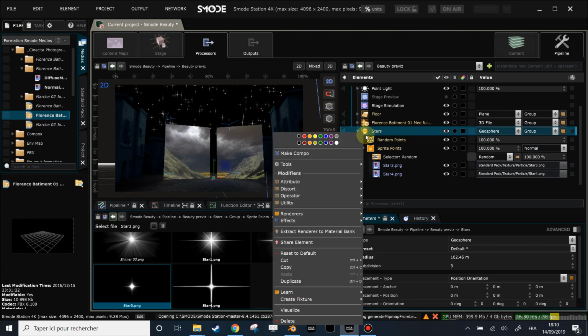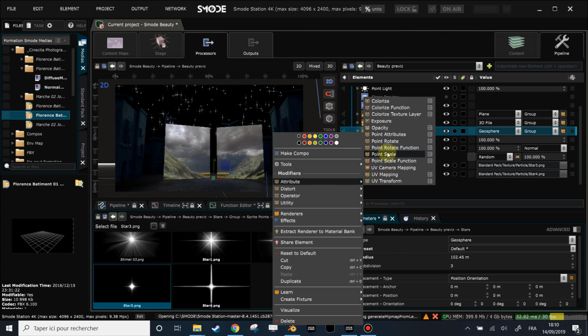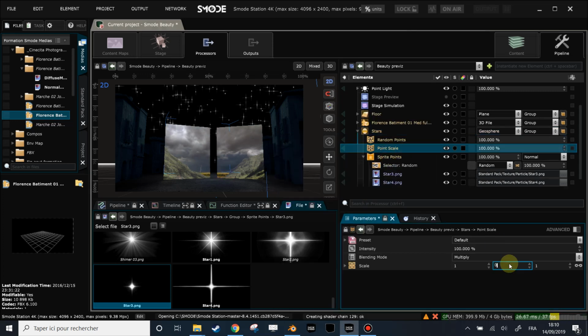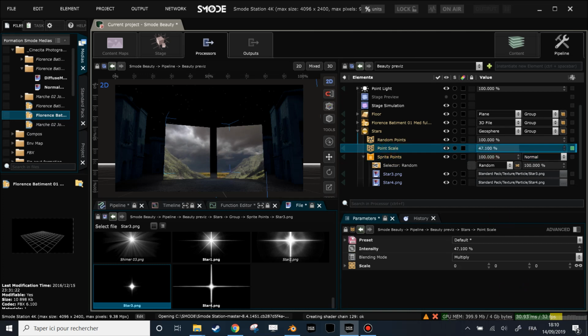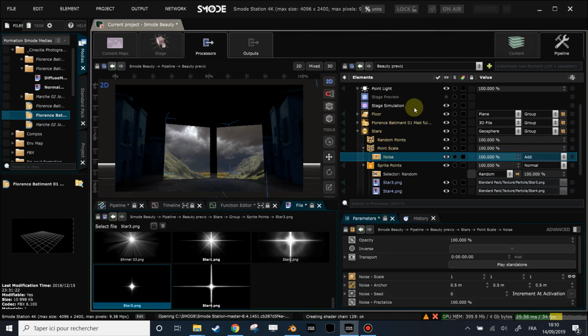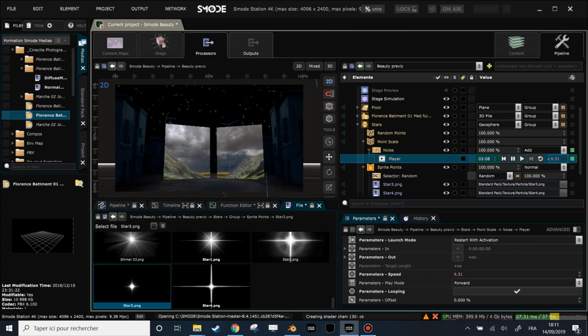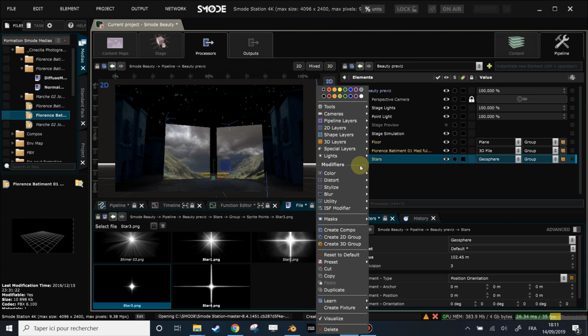And to add some glittery effect, I will add on my geosphere a utility attribute modifier, a point scale, that I will put into 0. So that will result in each point of my sphere on which I'm creating the sprite points being scaled down to a scale of 0. And then over this point scale, I will create a noise mask. And now my stars are scaled up and down depending on this 3D noise mask. So let's play the 3D noise. And now it creates some little sparkling effect. And now let's create a moon,